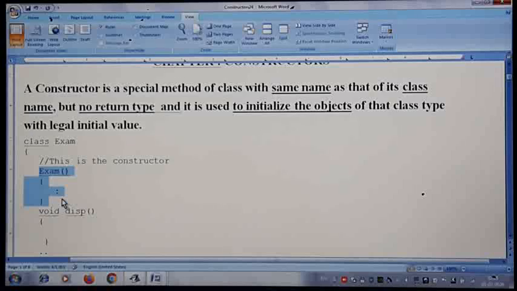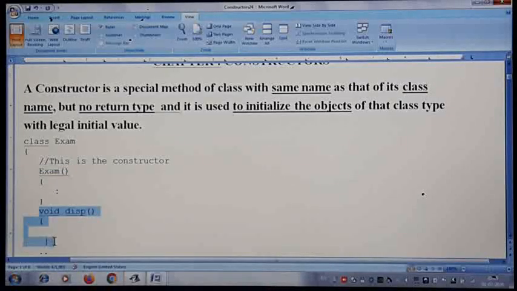And if you see the previous program where we were writing a set method, where we set the object with some initial values, instead of writing one set method, then calling the method, then going ahead with the rest of the calculation, that setting work can be placed in the constructor. Then automatically those initial values are set with the constructor, and directly you can go ahead with reading the values or calculation and the display part. So let us take one example and we will understand the working of the constructor.